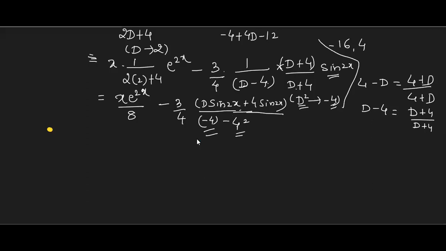Now the numerator. You have d plus 4 into 1, which means d plus 4. Take sine inside. Is it not meant for both the terms? So this is like d operating on sine 2x plus 4 into sine 2x. Is the step clear now? Yes, ma'am. Okay, done. Let us just simplify it. What is this? Minus 4 minus 16.